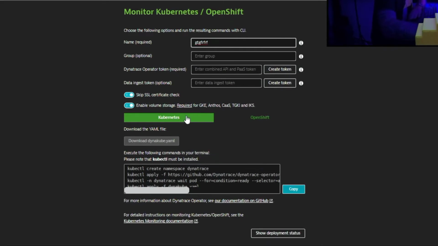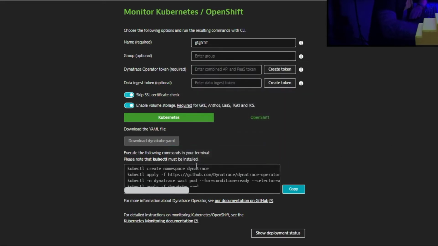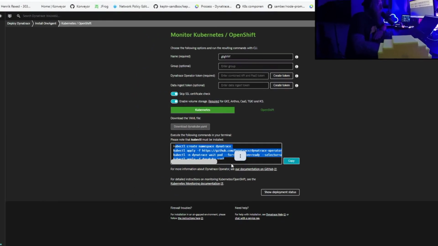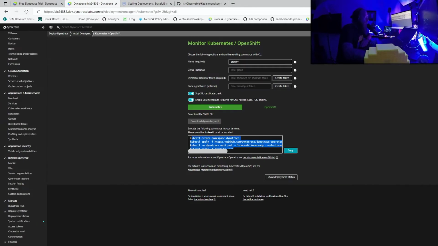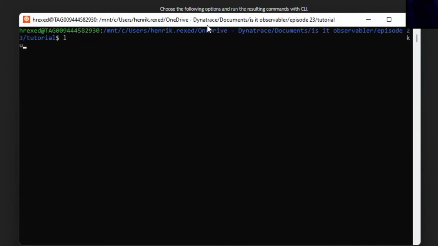And you will be able to download the Dynacube. Once you have the Dynacube, you just have to apply the following instructions to deploy Dynatrace in your cluster. Once you have done this, there are 2 things you have to do. Once you are in your cluster, make sure that if you use kubectl,